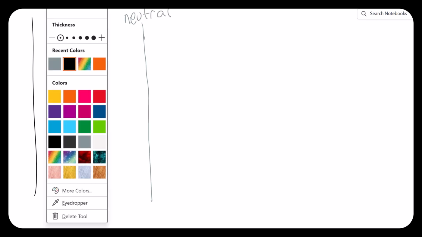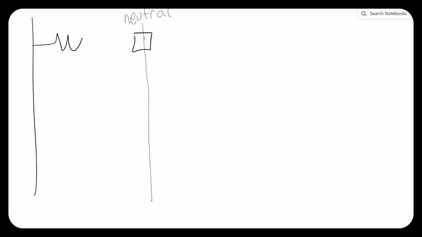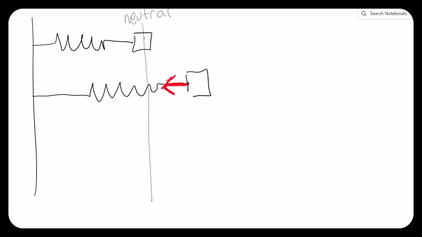So if you think about a spring, we talked about before how the spring wants to go to neutral. So we have some kind of a neutral line here. The force on the spring, or the force of a spring on a box, was always trying to get it back to neutral. So if we were here, it was trying to get it back this way. And if we were here, it was trying to get it back this way. Okay? And there was some kind of spring constant, k,